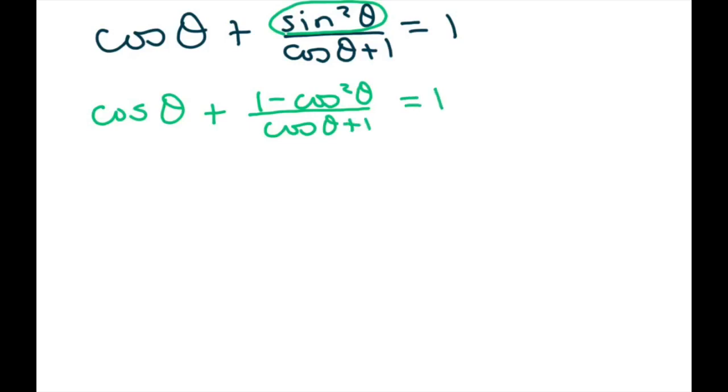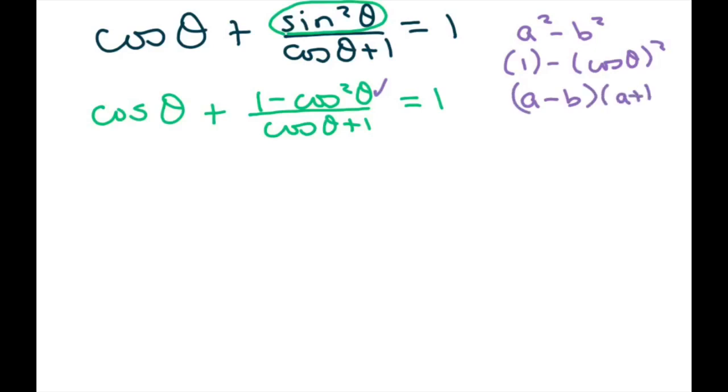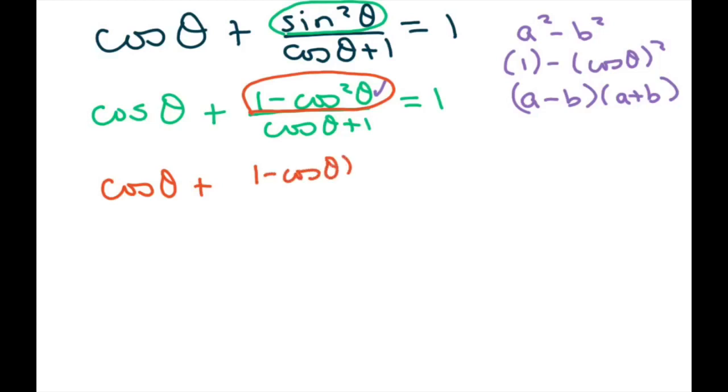Now, on this, we have our difference of squares. So this is like 1 minus cosine theta squared. And we can write a squared minus b squared is a minus b times a plus b. Just know your factoring facts on that. So that's what I'm going to do to this piece right here. So I'm going to write cosine of theta plus, and I'm going to write that as 1 minus cosine of theta times 1 plus cosine of theta